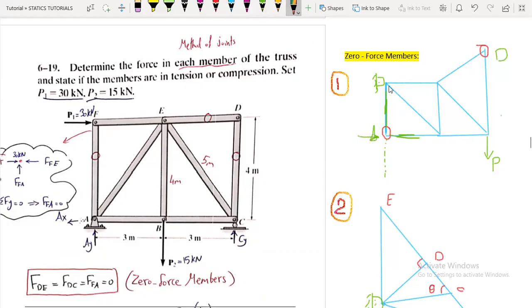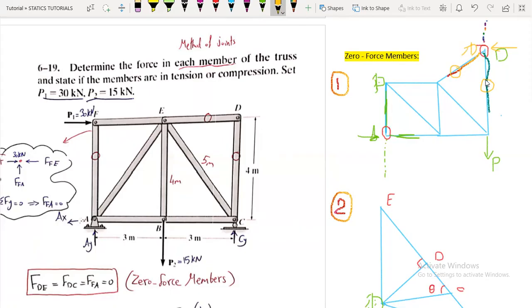So again, if we have two non-collinear members, and we don't have any external force or a support reaction, these two members will be zero force members. So they will not have a value in tension or compression, but they exist in fact for stability or rigidity